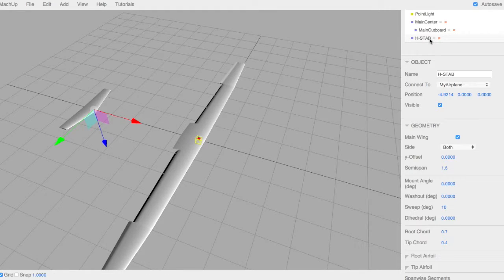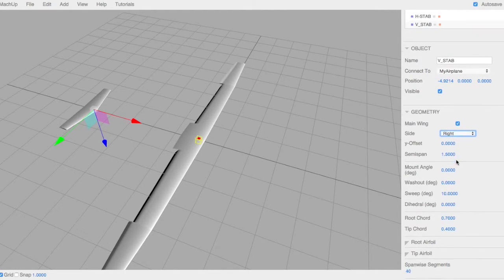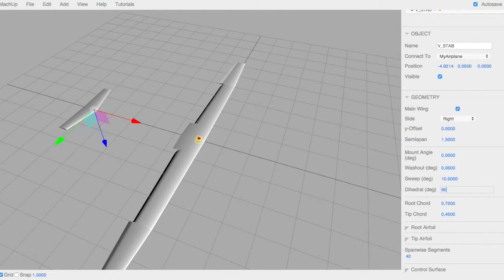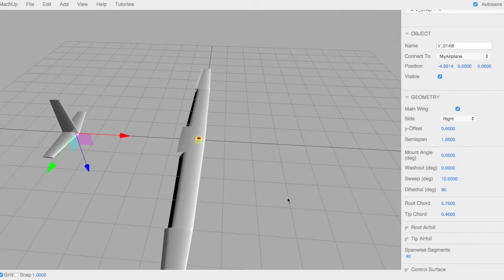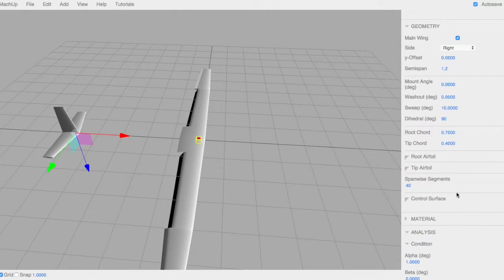Now I'm going to select the H stab and press D on my keyboard to duplicate it. And I'm going to call it V stab. For the vertical stabilizer, I'm just going to make it a right side, and I'm going to give it 90 degrees of dihedral. There it goes, it popped up. We're going to shorten it up just a little bit,